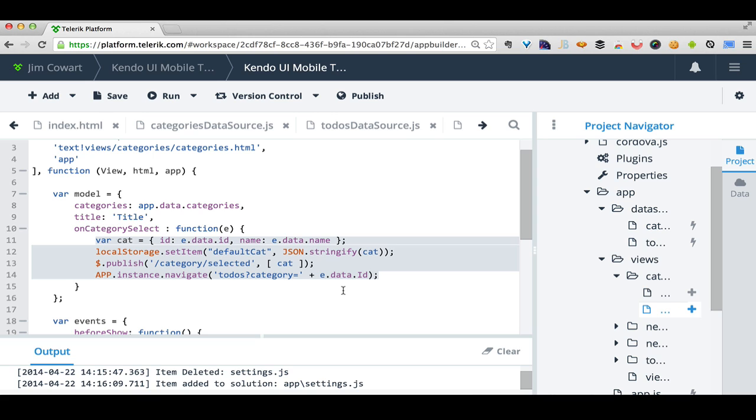That way, we'll actually load the last category that the user had selected the next time they open the app. Then we publish the category object, not just the name, under our category/selected event. Then we navigate to the to-dos view, but this time we're actually passing the category ID on the URL